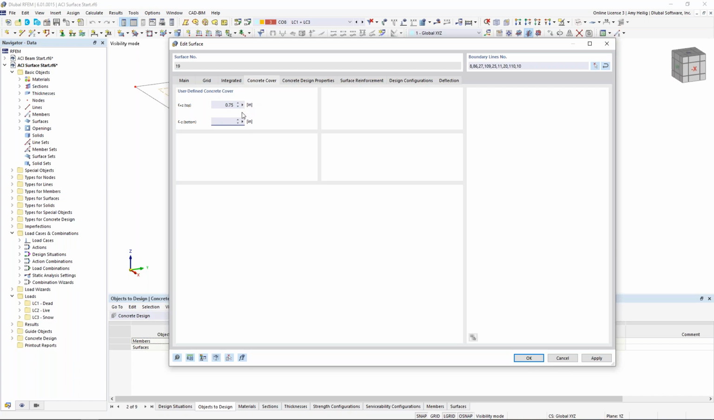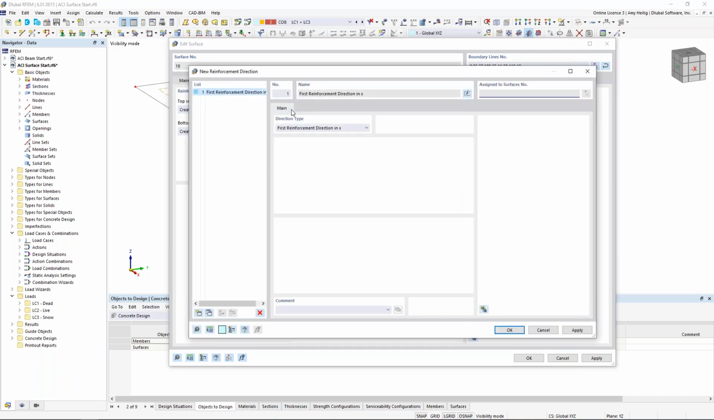Okay, now the concrete design properties. This is going to be where we set our reinforcement direction. And we have no reinforcement direction defined right now, so let's create a new one. The reinforcement direction is going to be related either to the local x-axis or the local y-axis of the surface. So this is why I wanted to turn on the local axes so you can understand how the reinforcement direction